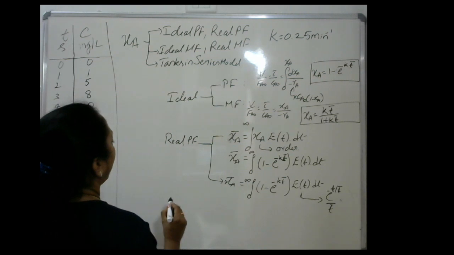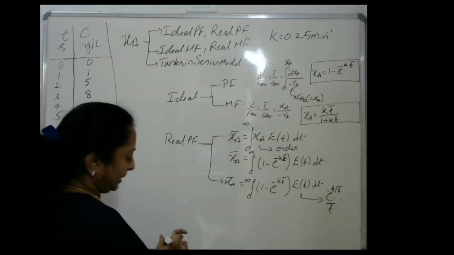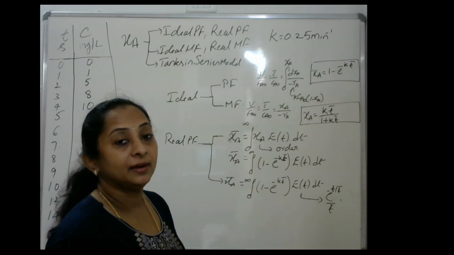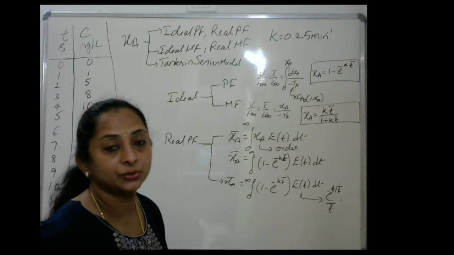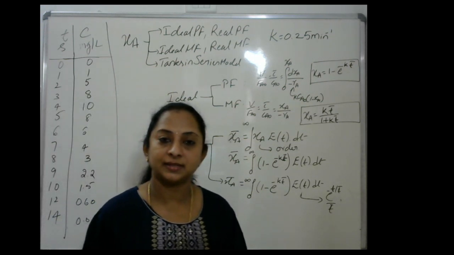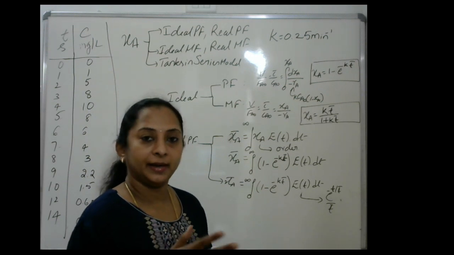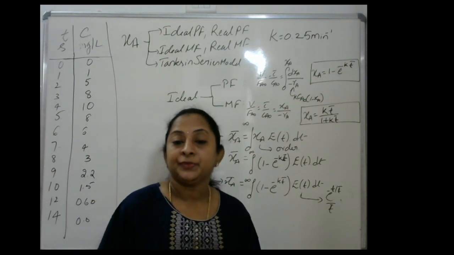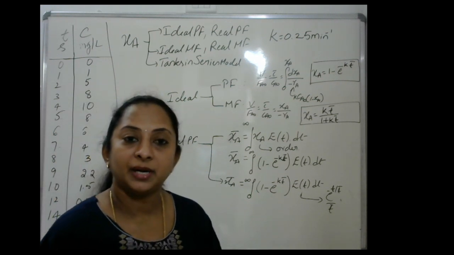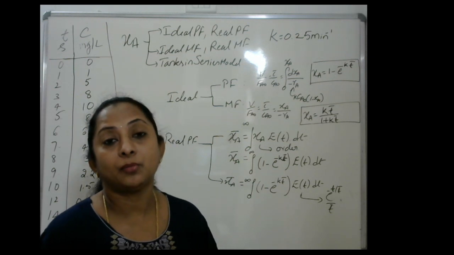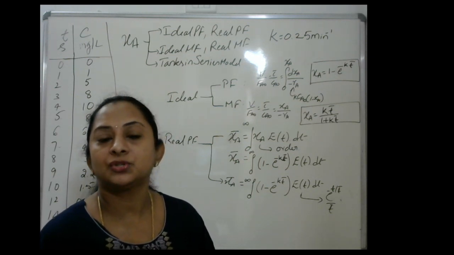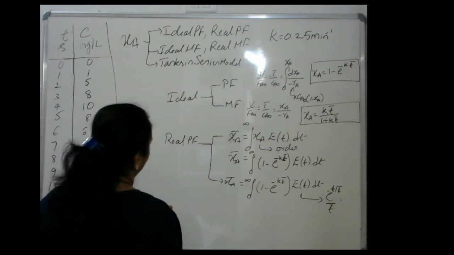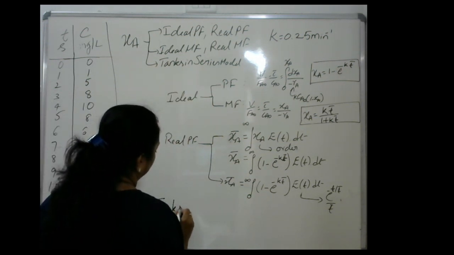Next, for tanks in series model, the last one. See, experiments will be conducted like this. Depending on the C versus T curve, we will decide for developing a model, which model suits, whether it's axial dispersion model or tanks in series model. Both are single parameter models, and you can apply any one of them here. But multi-parameter models account for so many things: dead zones, bypassing, so many non-ideality factors. Yes, tanks in series model.